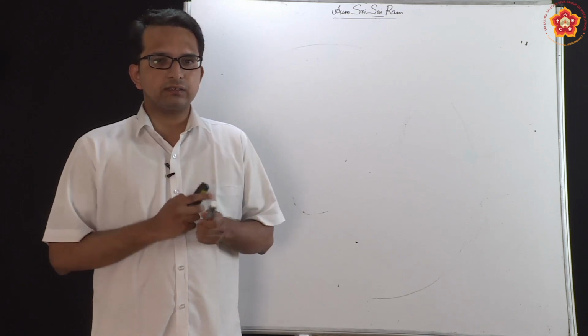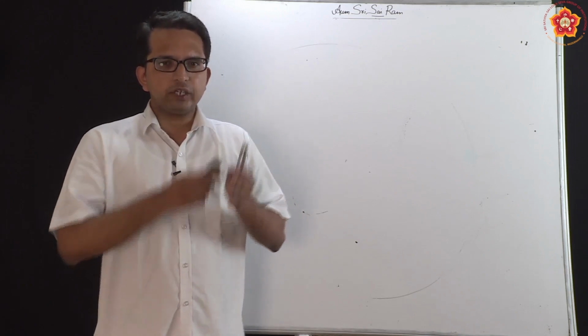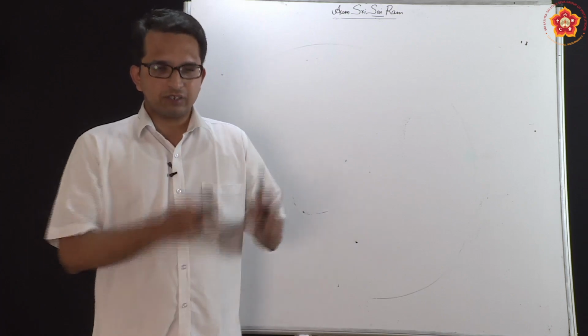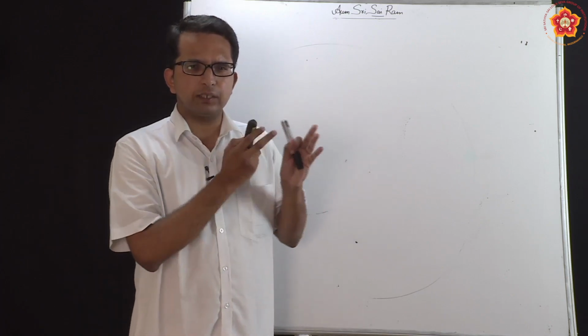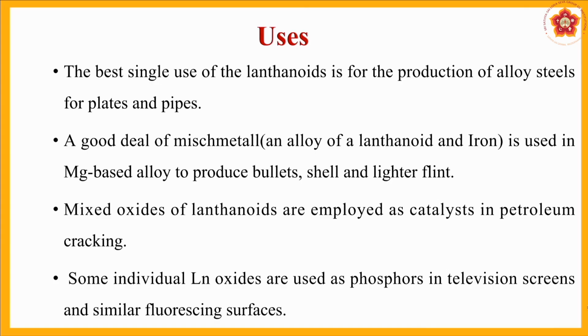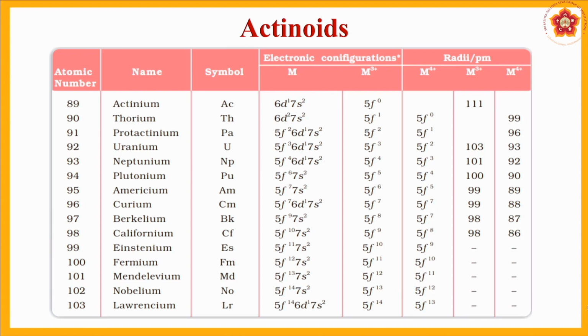Taking this as the base, there is another similar set of compounds called actinoids. So looking into all these things as the basis for the actinoids, let us now have an overview of the actinoids. So what are actinoids now? It starts with the element actinium. Once again, if you look into the periodic table, you will realize that actinium is a d-block element, and after actinium follow the other 14 elements, and they are called actinoids.